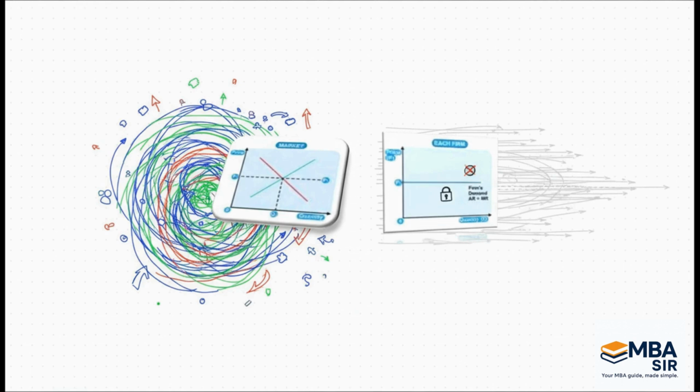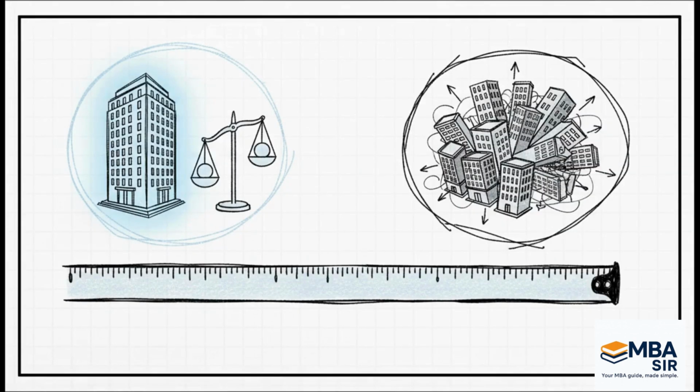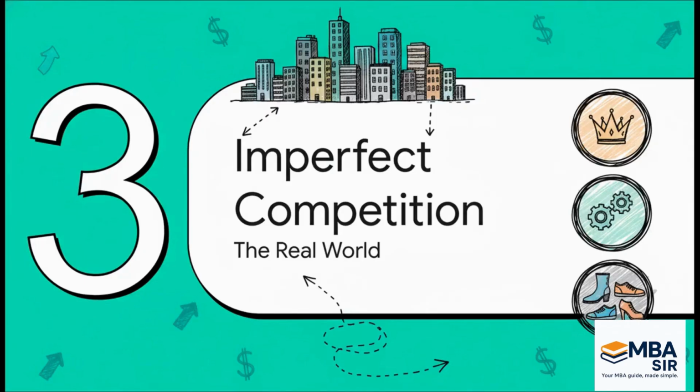So, again, in the real world, this perfect scenario just doesn't exist. But economists still love this model because it gives us this perfect, super efficient baseline that we can use to measure how the real world stacks up. Okay, so if that's the theoretical dream, what's the reality? Well, that brings us over to the messy side of the spectrum, imperfect competition. This is where pretty much every business you know actually operates.